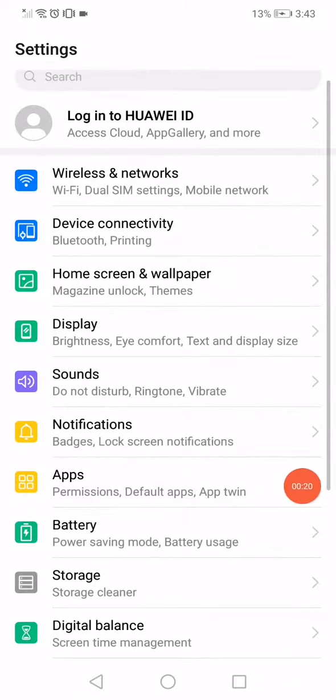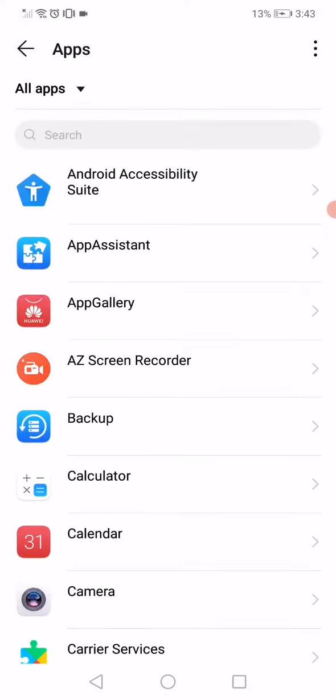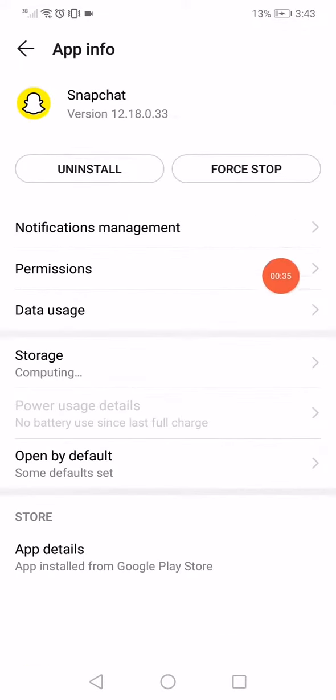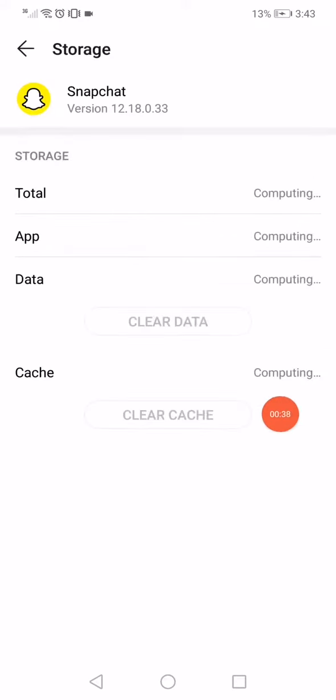After that, go back, open the apps manager, and when you open the apps manager, all you want to do is wait a few seconds and then scroll until you find Snapchat. When you find it, click on it like this, click on force stop and then click on the storage, click